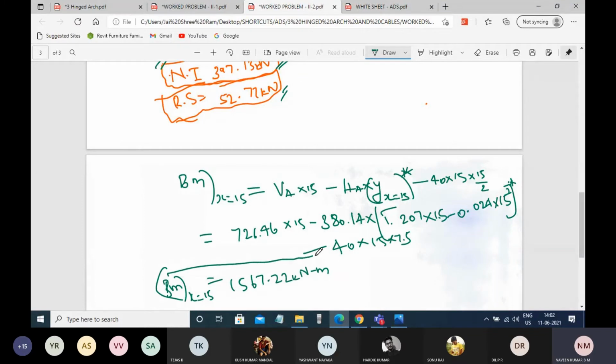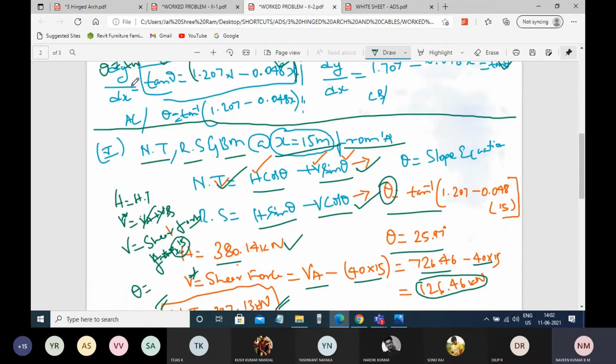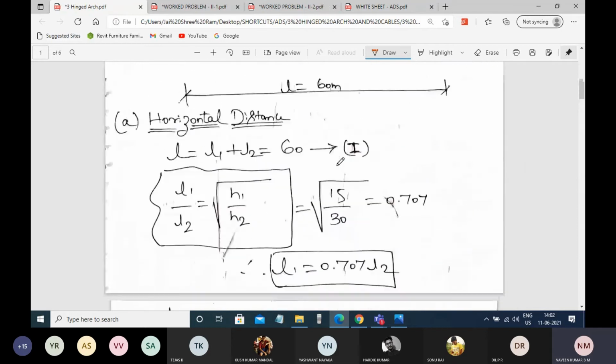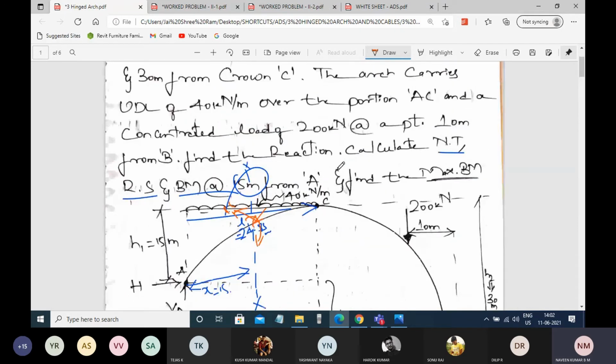Understood? So in this way, you can calculate the moment at the required point. So now, what is the one more aim? So we have finished the normal thrust, radial shear, as well as bending moment at the required point given